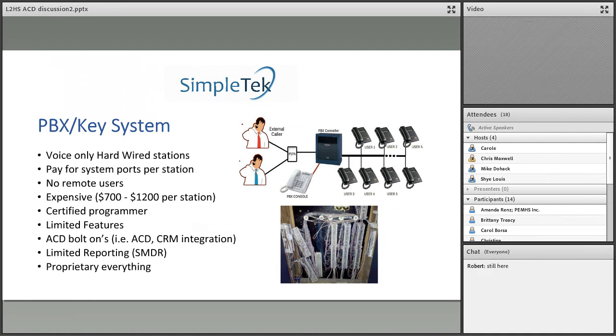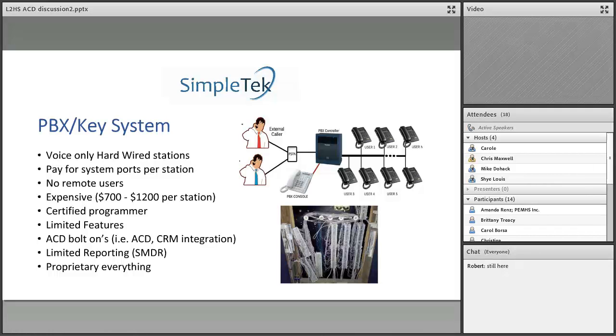So in the old PBX days, you basically had a call processor, and then you had station wires to each one of the telephones. Somebody would call, it would hit the public switch telephone network, get to the PBX. It may go to the operator, but that's the typical configuration. And often, if you look at the picture down here to the right, this is what wiring closets look like, because people move and it was literally a hard wire having to change.